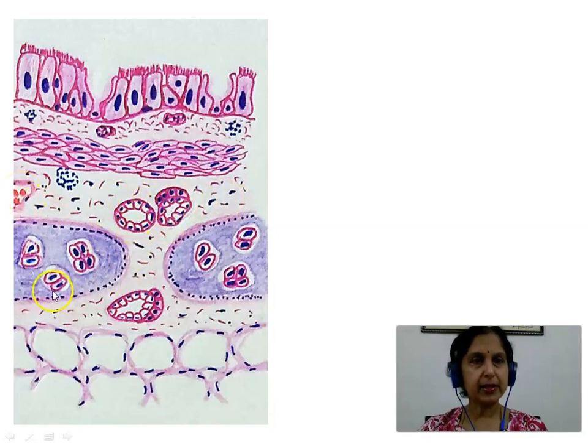And next is the cartilage layer, which shows discontinuous plates of hyaline variety of cartilage. So we see here the chondrocytes lying as cell nests surrounded by lacunae, homogeneous matrix, and the perichondrium showing the two layers, outer fibrous and inner cellular layer. So discontinuous plates of cartilage. And then we see the adventitia, which has connective tissue and lung parenchyma. So that was the structure of the intrapulmonary bronchus.